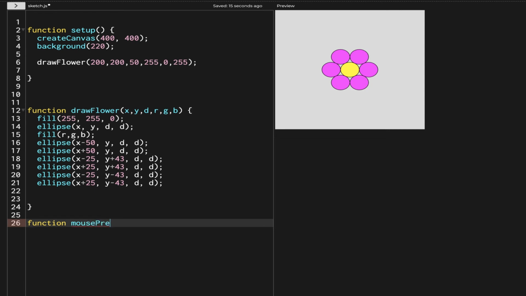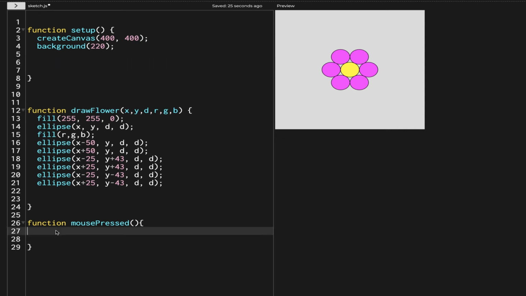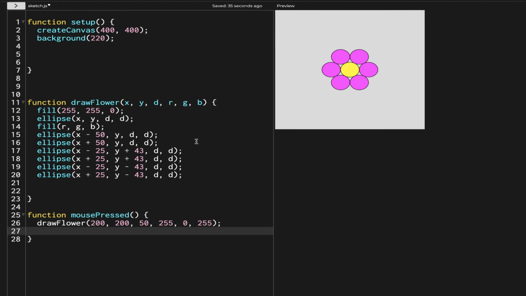So every time I press the mouse, a new flower should appear. So what I'm going to do, I'm just going to cut this from here, and I'm going to put it here right now. And let's tidy the code. Yep, that's better. So I've removed the draw flower function from there and put it in the mouse press function,